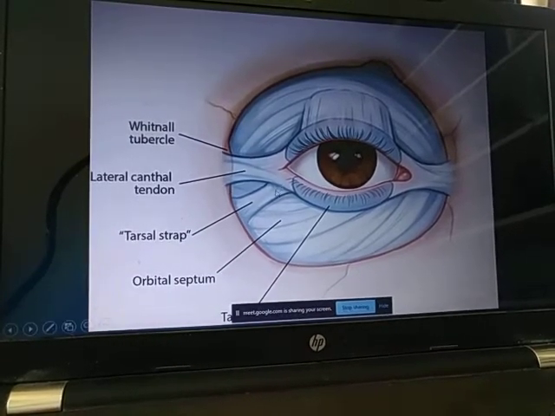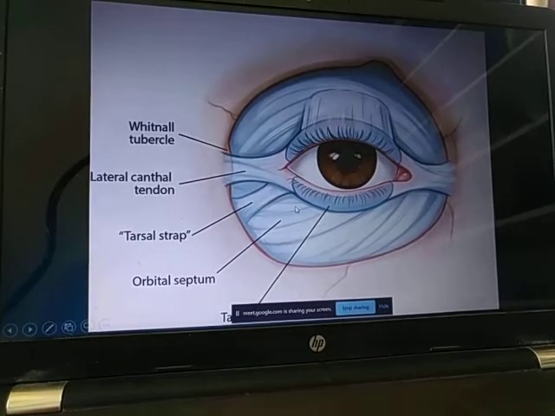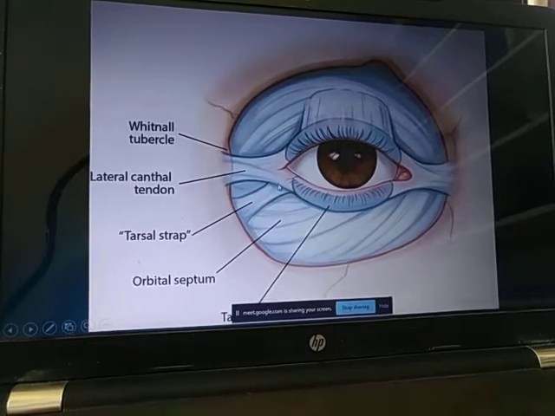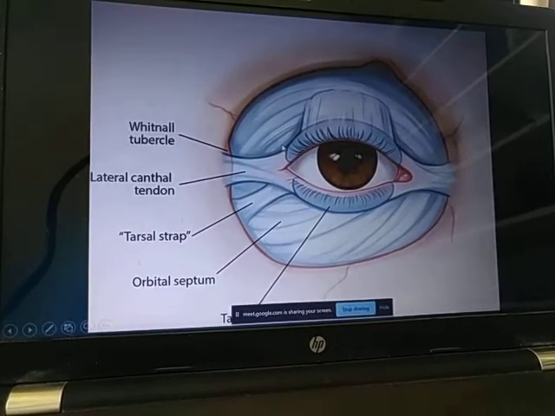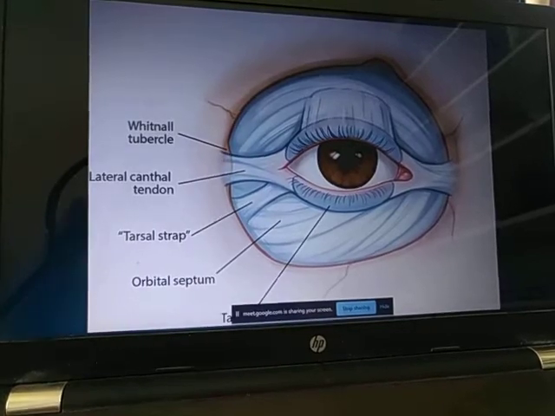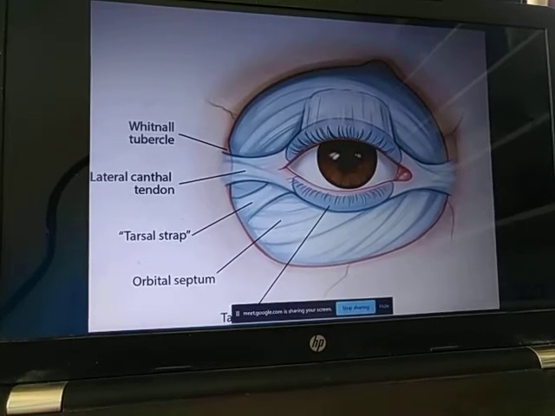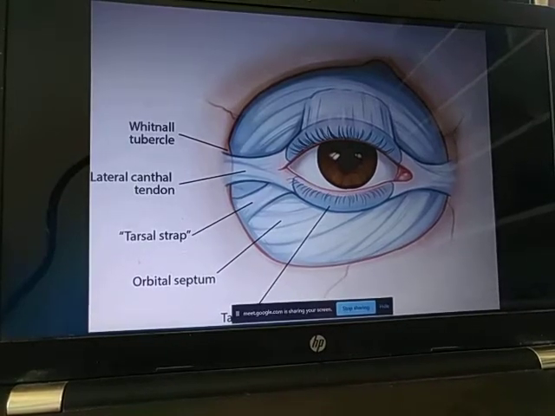In these cases, what we generally do is, in the emergency ER, we induce a local anesthesia in the lateral segment, and then we snip. Generally we snip the inferior lateral canthal tendon. Sometimes if it is too severe, we might also need to snip out the superior one as well. We use a scissor to cut out the tendon so as to release the eyelids, so that the eyeball will also get released and the pressure will also get released. So this is an emergency intervention in case of increasing intraorbital pressure, which cannot be resolved even after administering atropine.